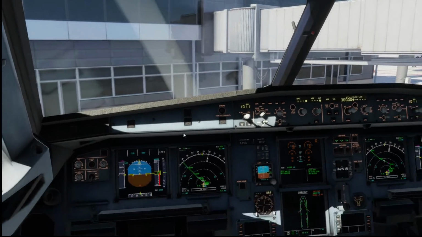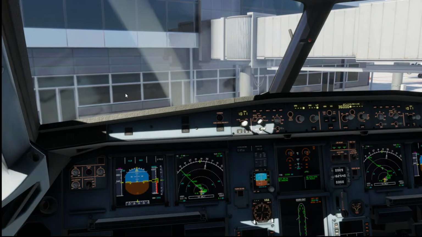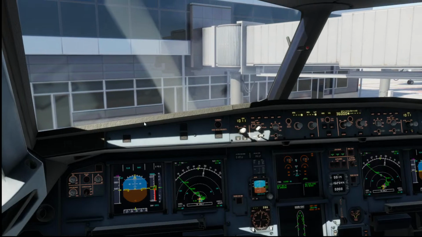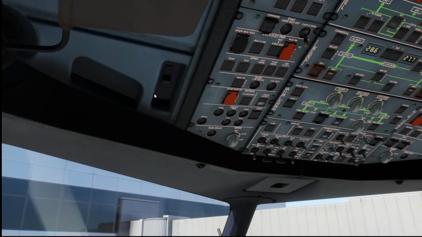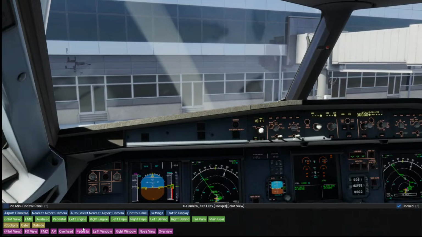Welcome aboard, Captain. Tow's connected, bypass pins inserted. Go and kill the parking brake when you're ready to go. Here comes the pushback. Light 'em up. We're ready to go when you are.